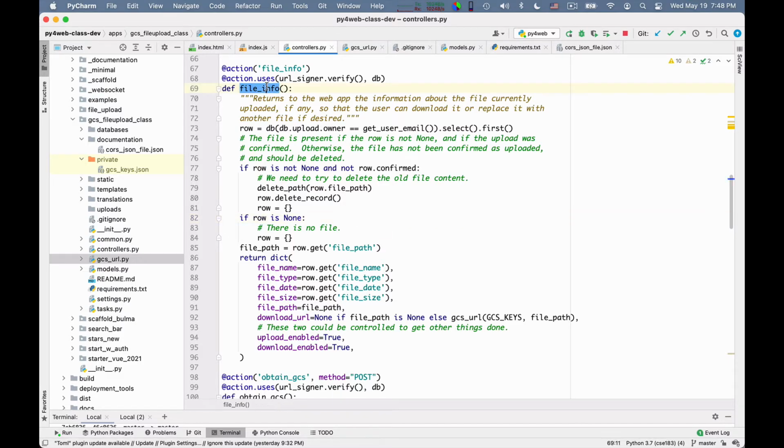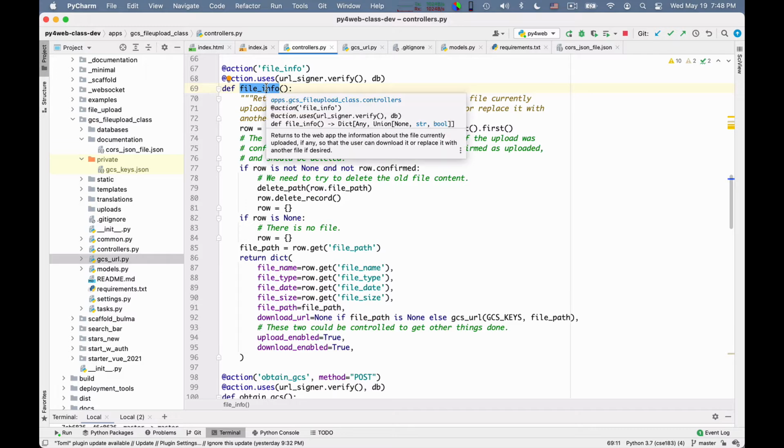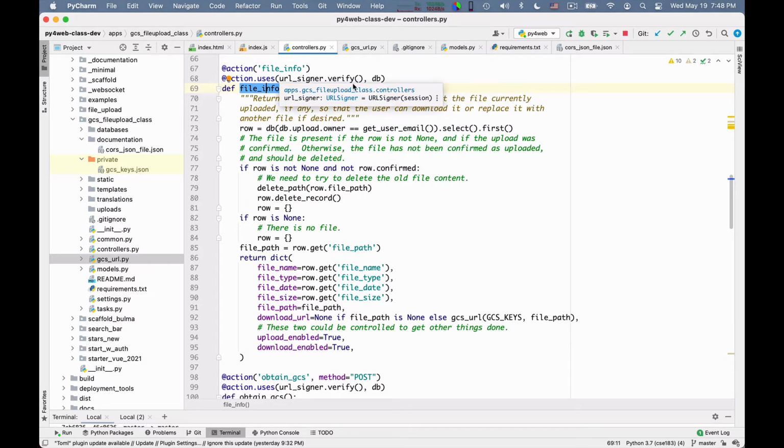So this is a file info that provides info on the file that has been stored already, if any. What I do is a lookup in the database, assuming that there is only one file with that particular owner. So I fish out the row. If the row is not confirmed, this was an aborted upload, evidently. Because I gave a URL to authorize the upload, but then I never received a confirmation that anything was uploaded.